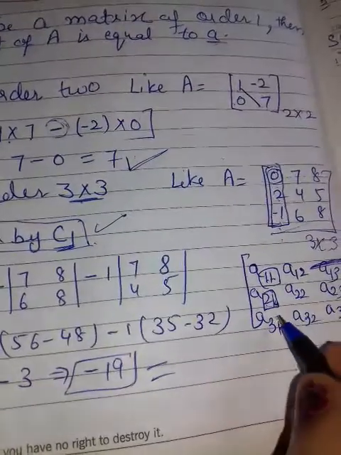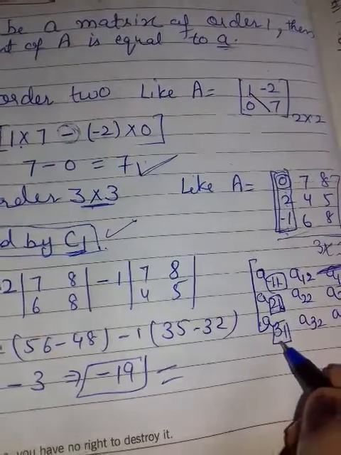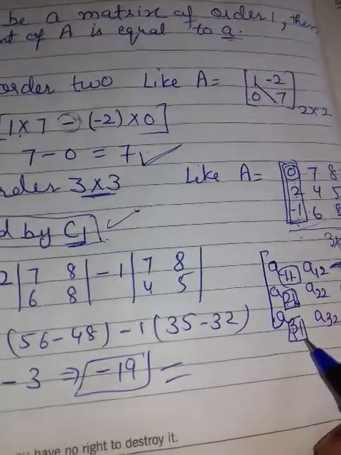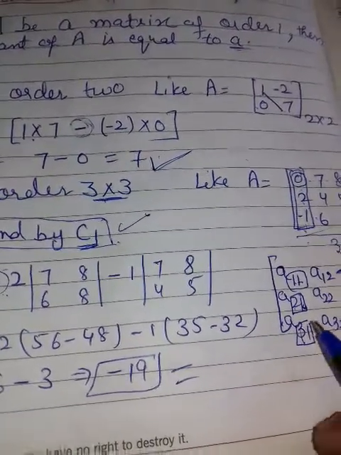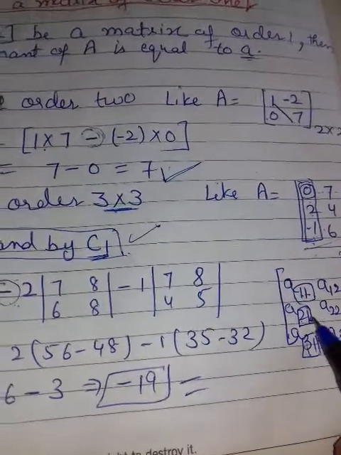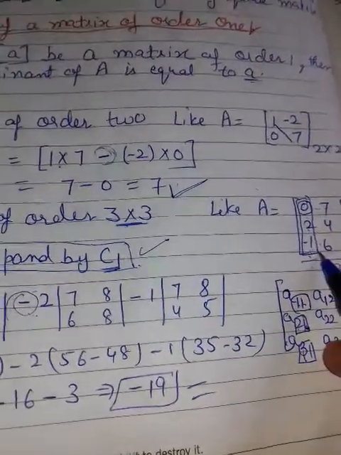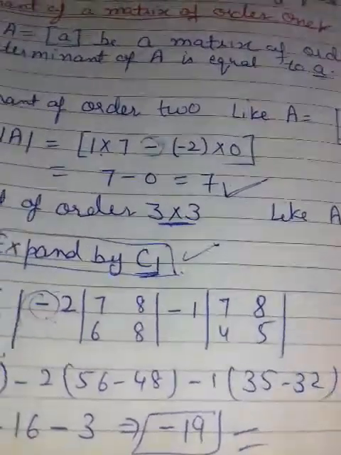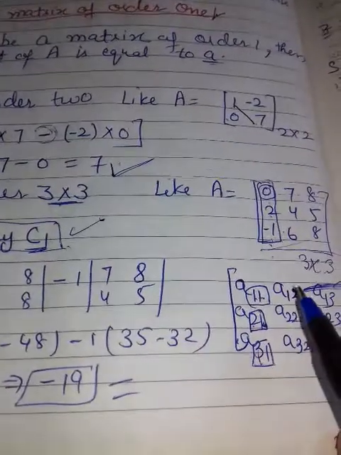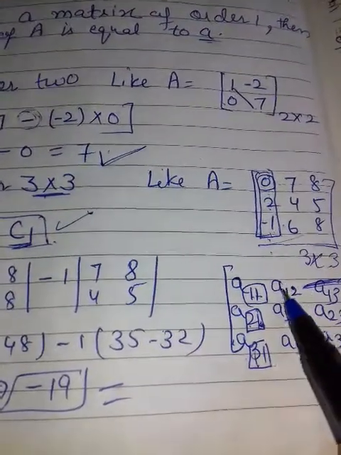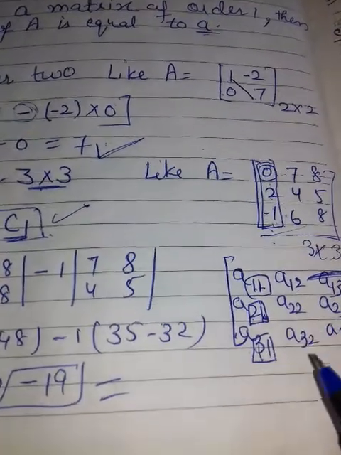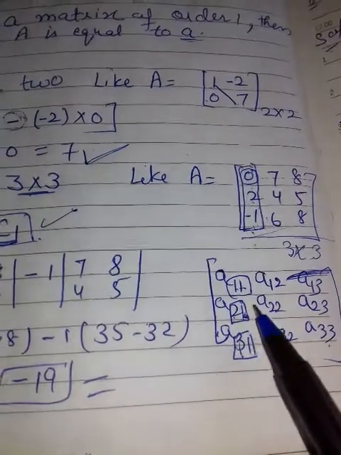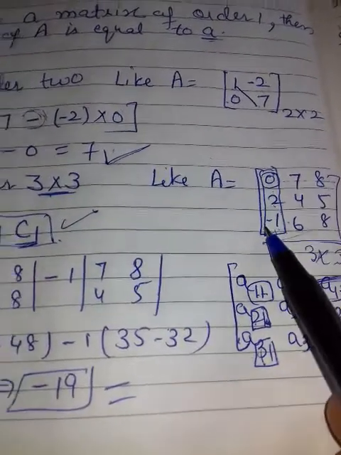Clear? What is you are getting here at the place of A31? Minus 1. So you will keep it same because 3 plus 1 is your even number. On even number you will take same sign that is here, but odd time you will change. If a negative is there, you will take positive. If positive is there, you will take negative. Clear? Only odd time you will change. Suppose if you are taking C2, then what will you take for this? Negative, positive, negative, positive, negative, positive. Clear? Means you will see this element and what is on that place.